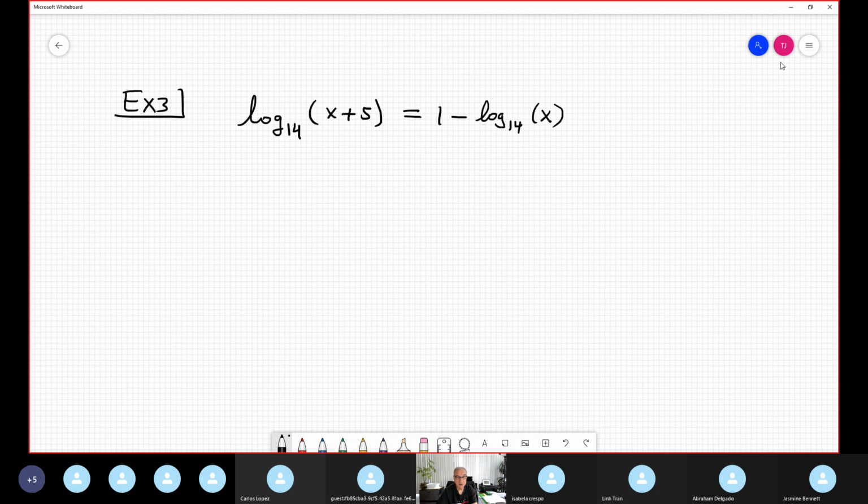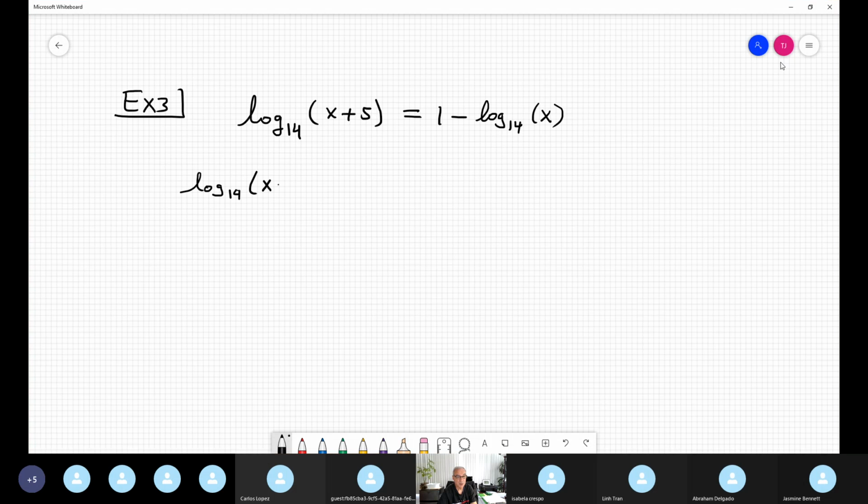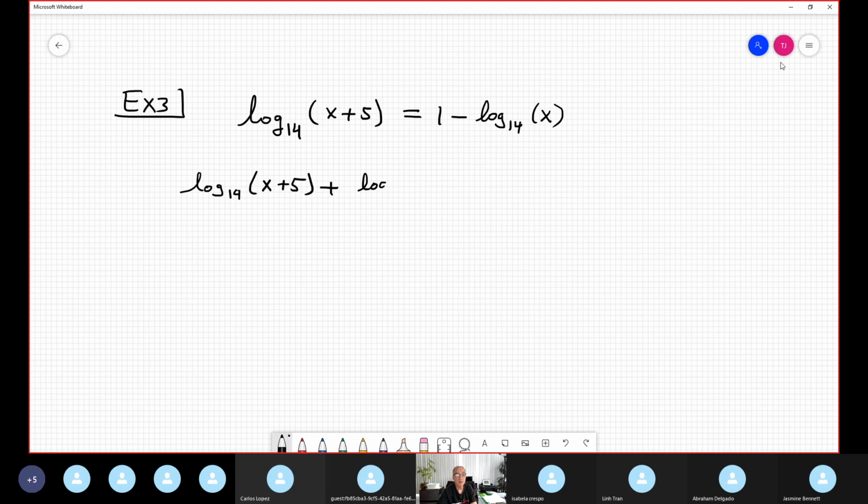In this case, this problem brings me a new situation. Remember, the first step is condensing the logarithm into only one, but to condense it, we need them on the same side. So we change: logarithm base 14 of x plus 5, no problem, I copy, plus logarithm base 14 of